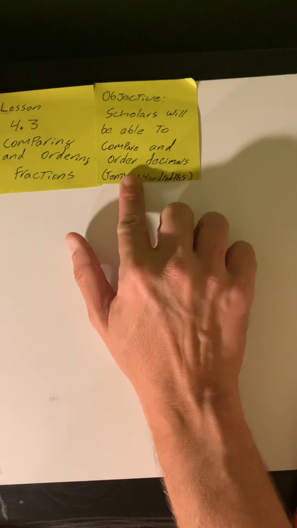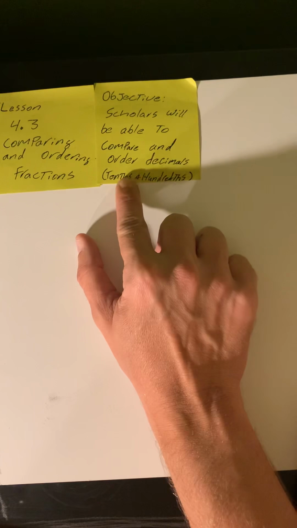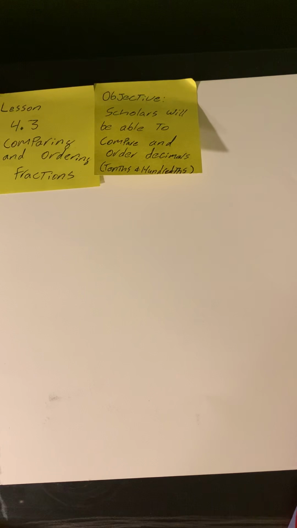Today we are doing our math lesson 4.3, comparing and ordering fractions. Our objective for today is that scholars will be able to compare and order decimals, including our tenths and hundredths. So last week you made tenths and hundredths by sorting out pennies, dimes, nickels, and quarters to make up various decimals, okay? So with our objective, when it says to compare and order, when we're making comparisons, we're using terms